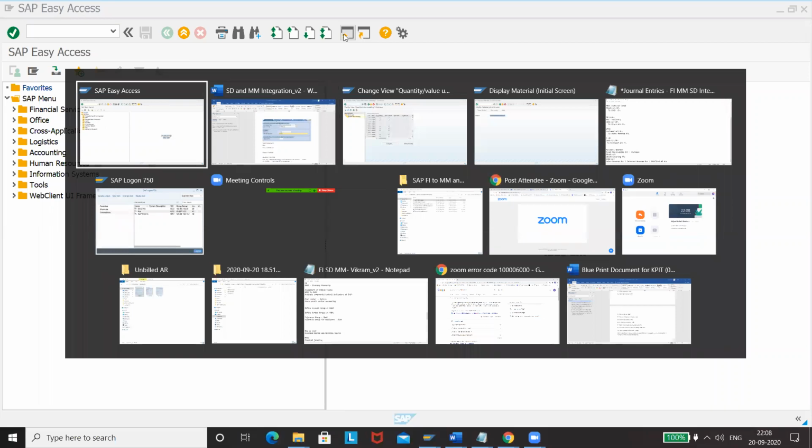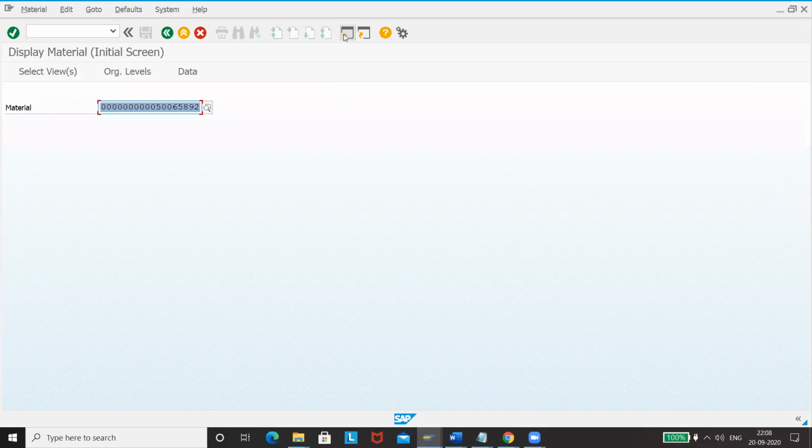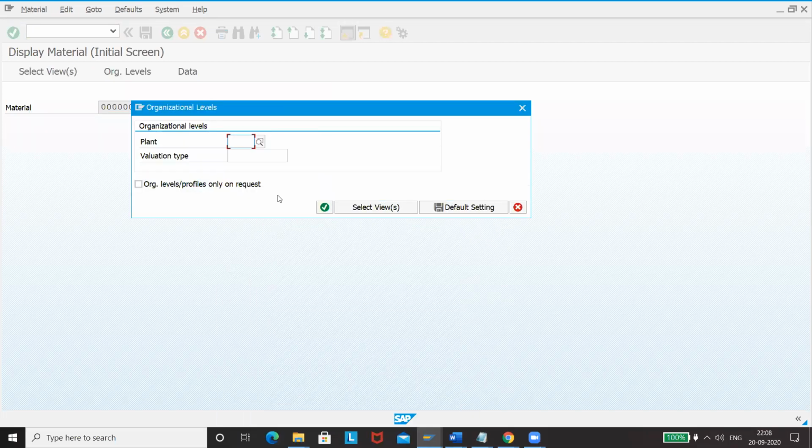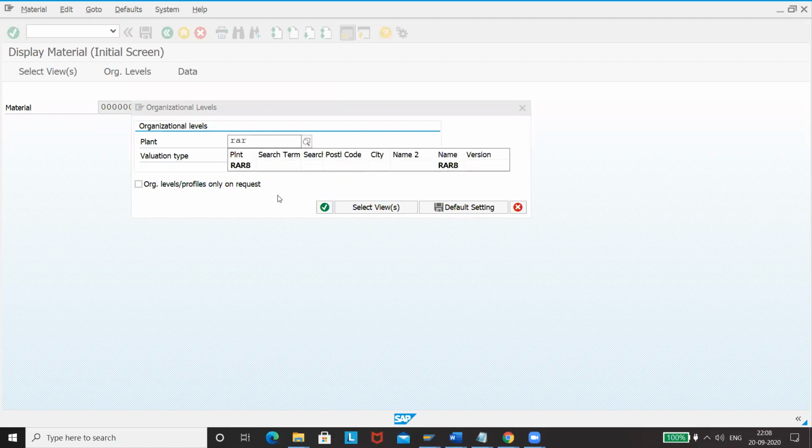Okay, then we'll do it from here only. It is telling that this company code is not fully maintained, so we'll finish this off and then go accordingly.